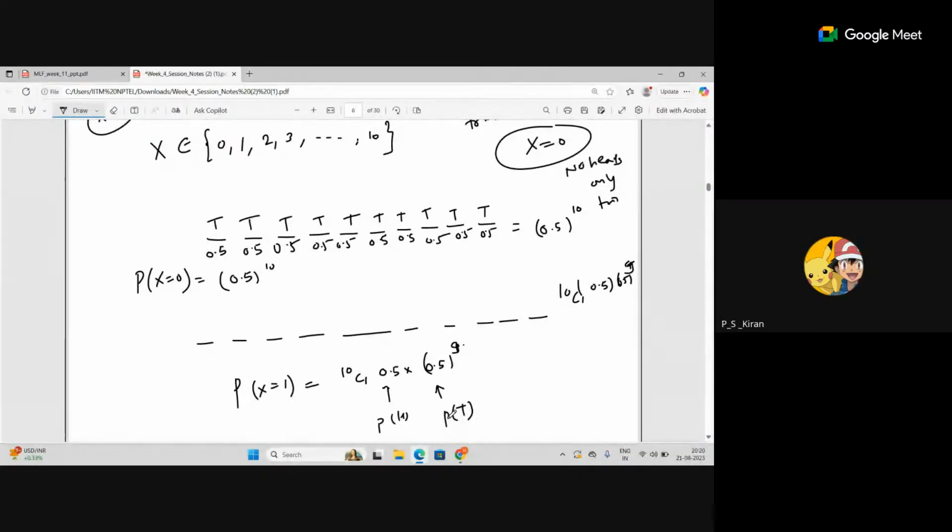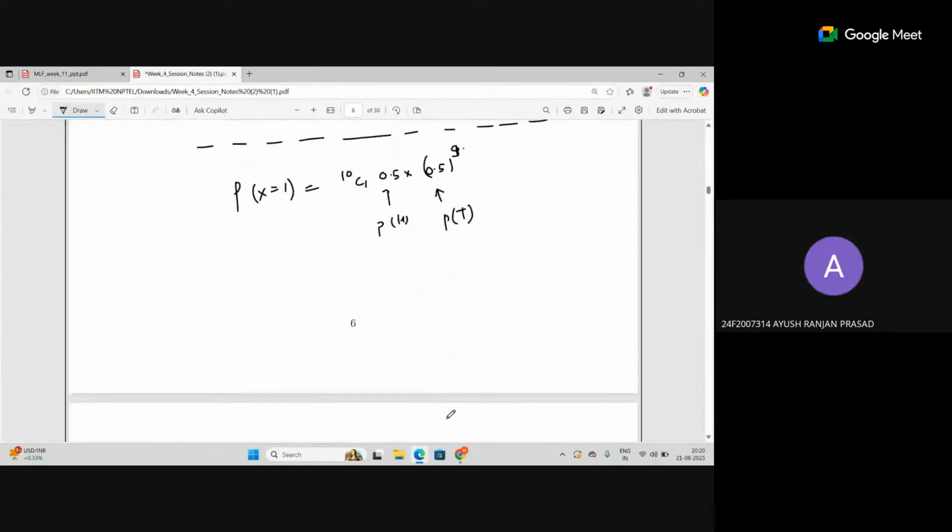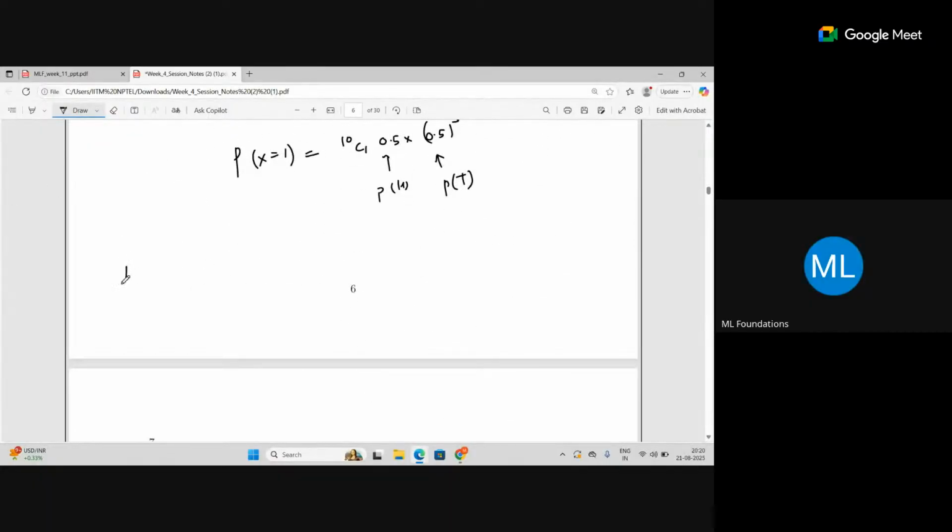This is a special random variable. It is a binomial random variable. How will you get a binomial random variable from IID Bernoulli random variables? If I sum all the IID Bernoulli